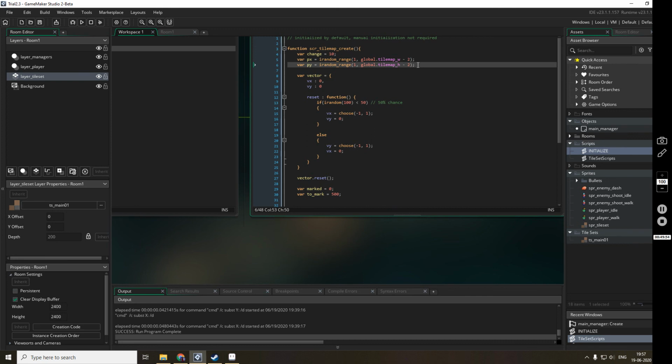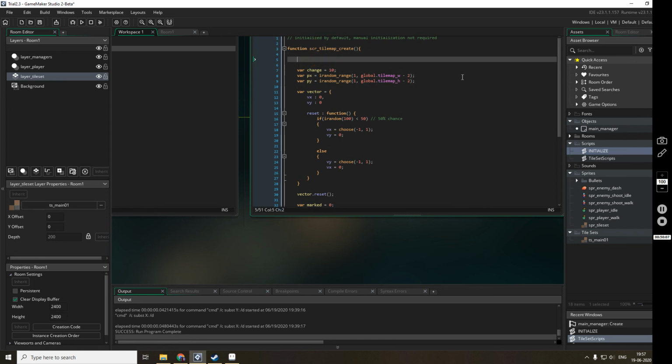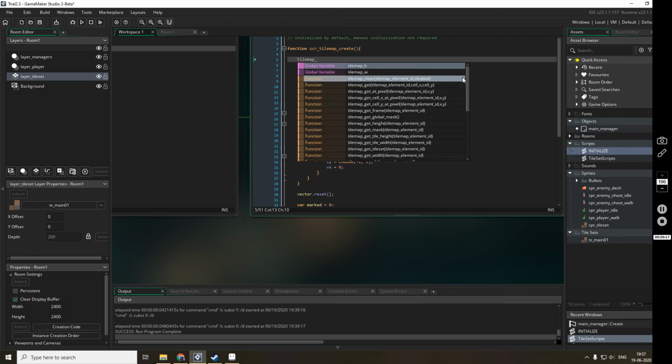So what I'll do is I'll just go into this var change. Yes, now before everything I have to mark the full as ground tile. How will I do that? There is no function like tile map fill.